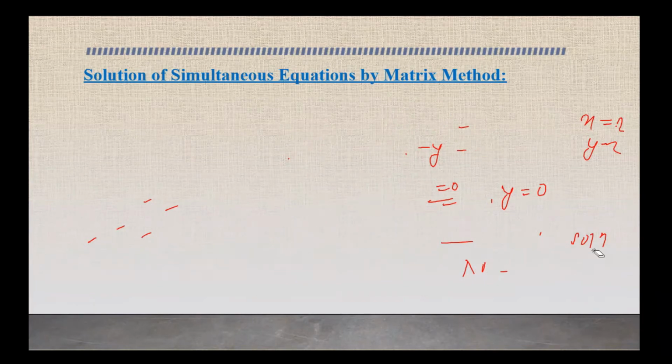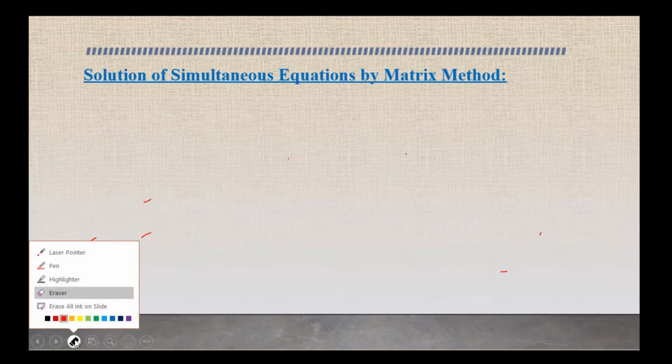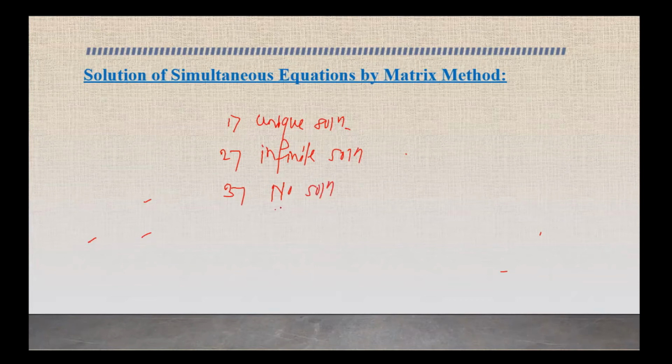So again, we divide the solution of the equation, or we divide the system, into three parts. Number one, if we have to solve the problem, then the given example has a unique solution. It may be possible that the given problem has infinite solutions, or no solution also. Now let's verify all these cases using examples.